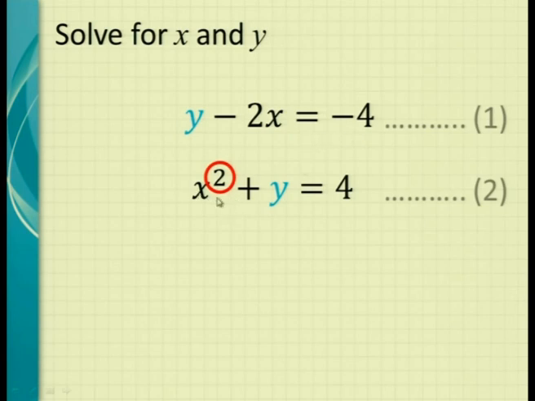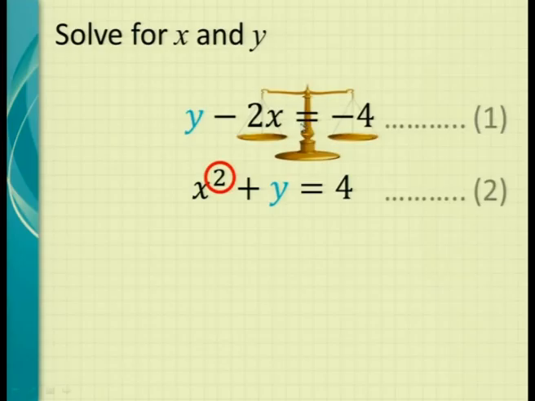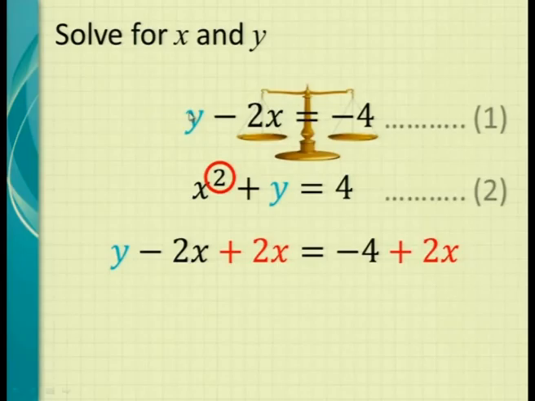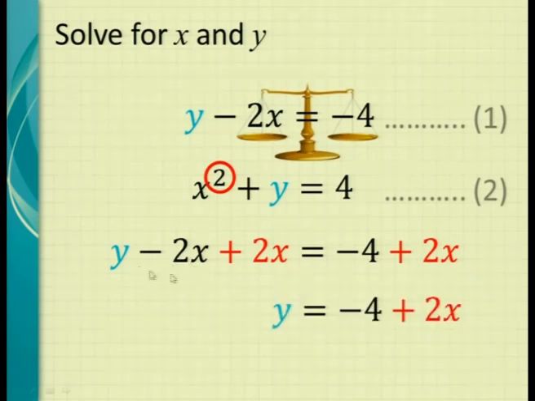Because we've got a quadratic equation here. We've got x squared. Here we've only got an x and y. So this one looks the easier one to use. There's only plus and minuses. And this one, we know because we've got our scale, we can change this so we can only have the y on one side. We can plus 2x on both sides, and then we'll end up with a y. So if we plus 2x on both sides in equation 1, you will see that we find y equals minus 4 plus 2x.